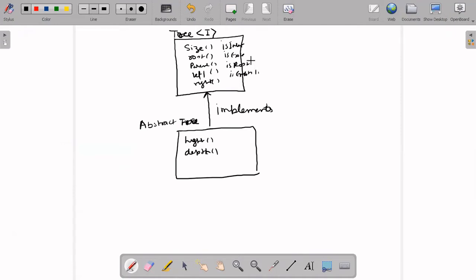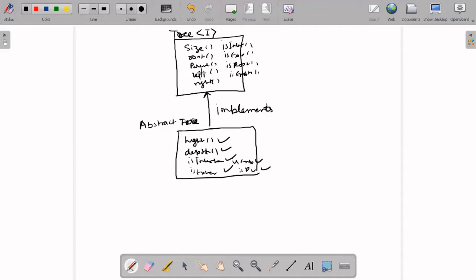All these methods were declared in the interface, and we implemented these four. So in total, how many methods do we have? 4 plus, let's say here 5.